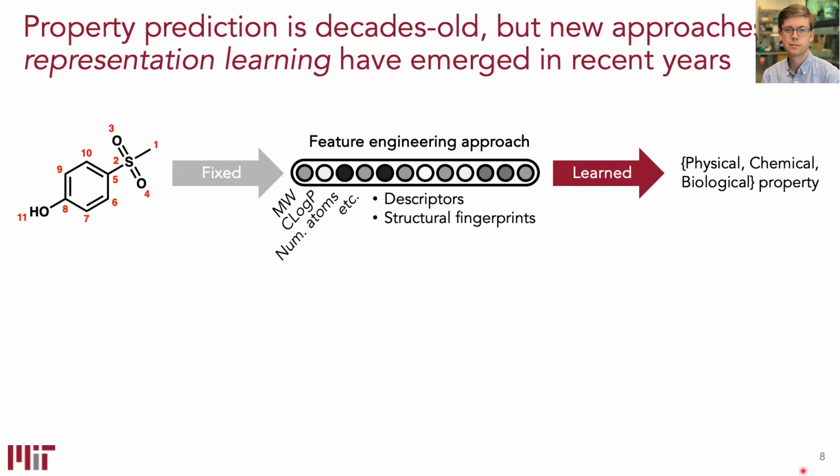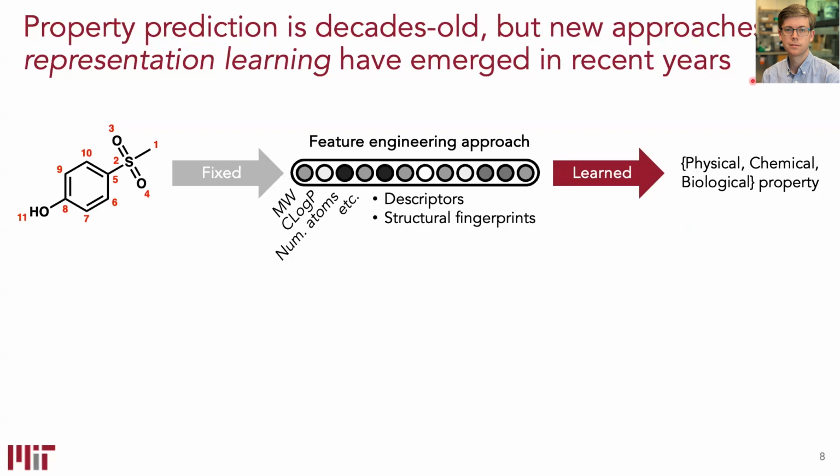So this goal of relating molecular structure to function is not new. Right? We've been trying to do this for decades and decades. It was sort of formalized, arguably, in the 1960s. And the idea at the time, the idea still, is that we want to correlate aspects of a molecule's structure with some property. That property could be a physical property like solubility, it could be a biological property like potency or binding to a specific protein target. It could be another chemical property like reactivity, right? There's any number of things that we could try to predict about a molecular structure.